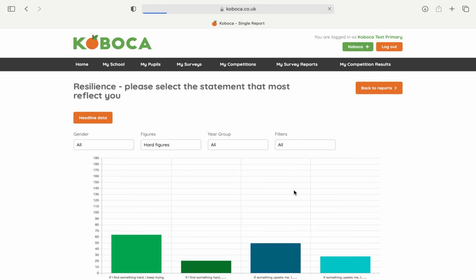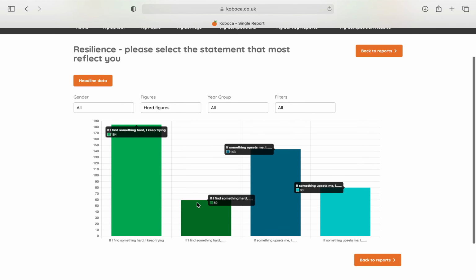There's a report on resilience, so this outlines the pupils who say that if they find something hard, they give up easily, and those that say if something upsets them, that it takes them a long time to recover. Now, as a school looking at this, you may not know whether this is a good report or a bad report. So one of the really good